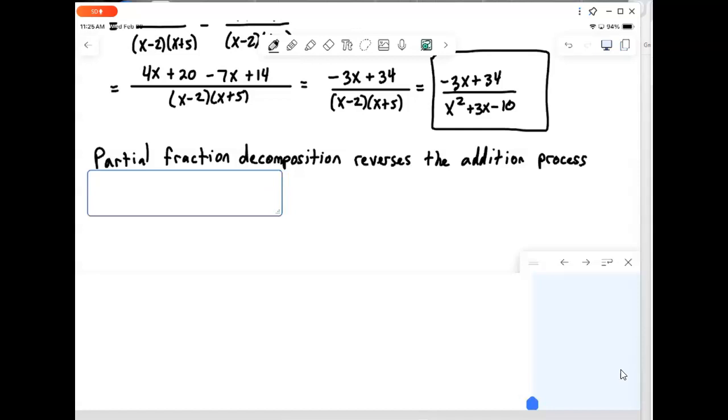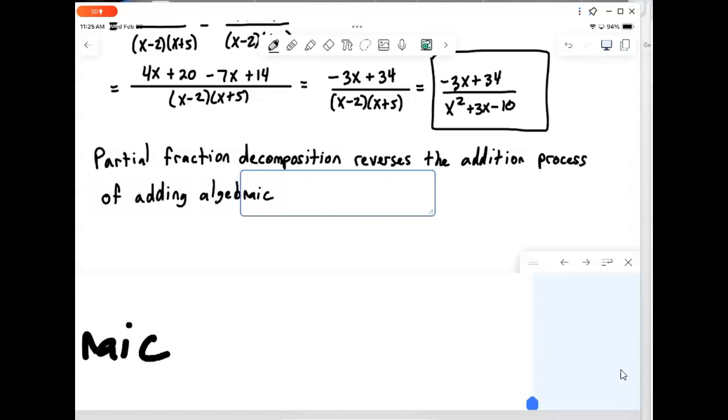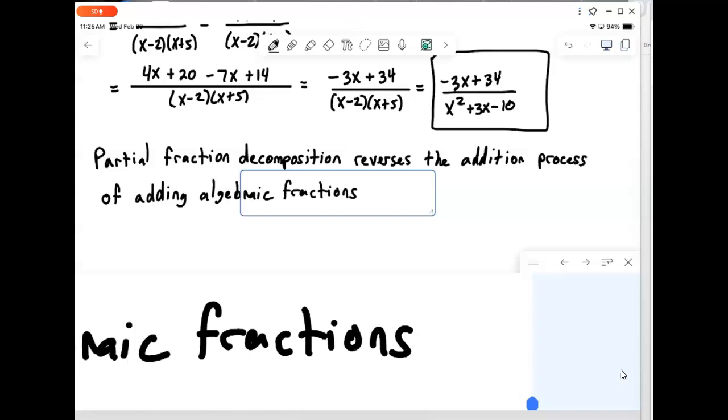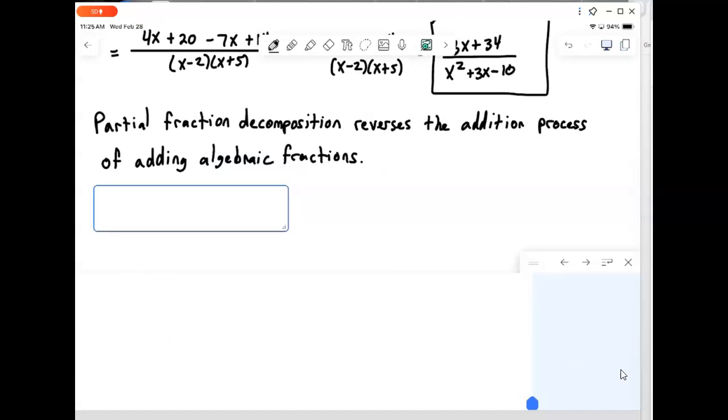It reverses the addition process of adding algebraic fractions. Now there are various ways that you can decompose stuff, but we're going to stick with a very specific one. There's some ideas, and the process we use says that before we do partial fraction decomposition,